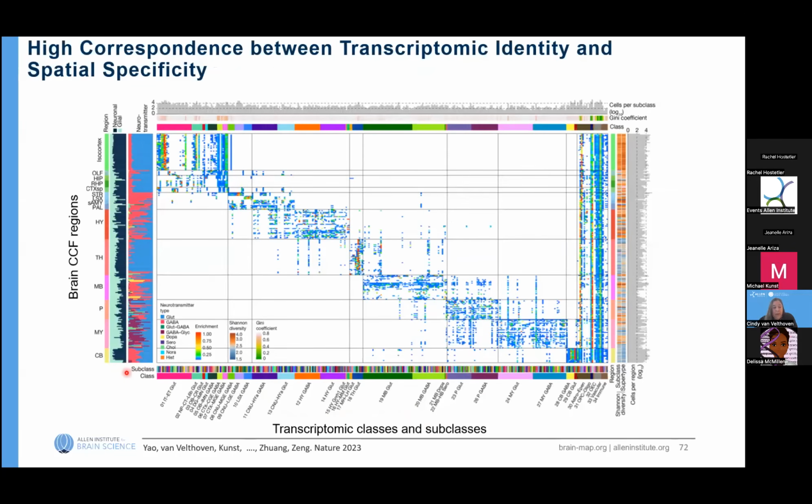Another way that we use it, and this is also a really nice sanity check, is to look at the correspondence of the transcriptomic identity and the spatial specificity. So on the x-axis, you have all the different subclasses that we have defined, and on the y-axis are the different brain regions. And there are a lot of different details in this plot. What I hope you can get from this is that